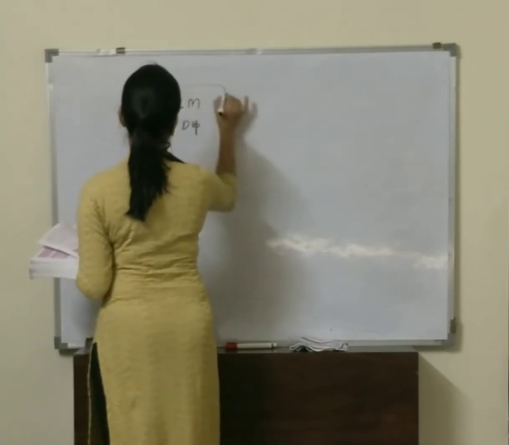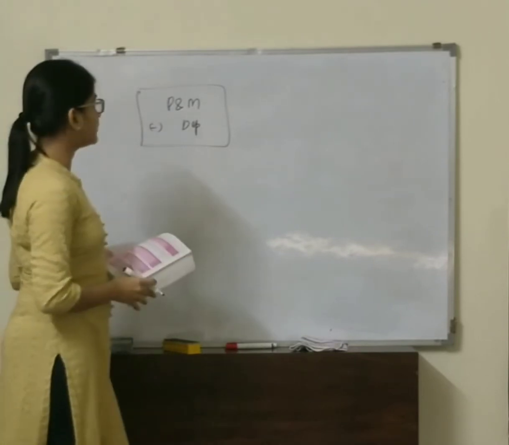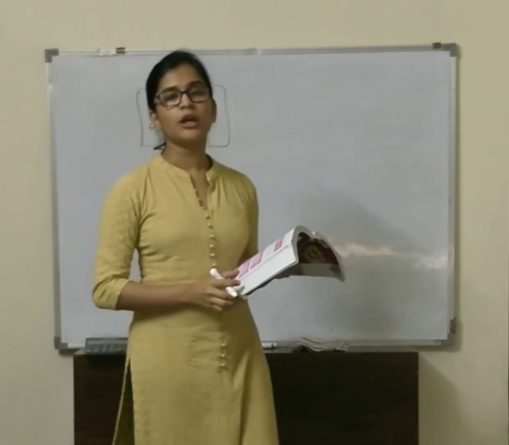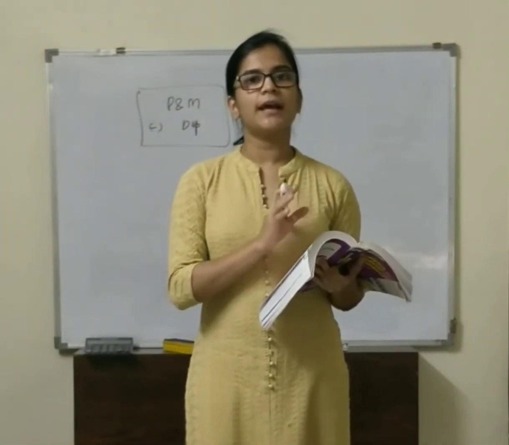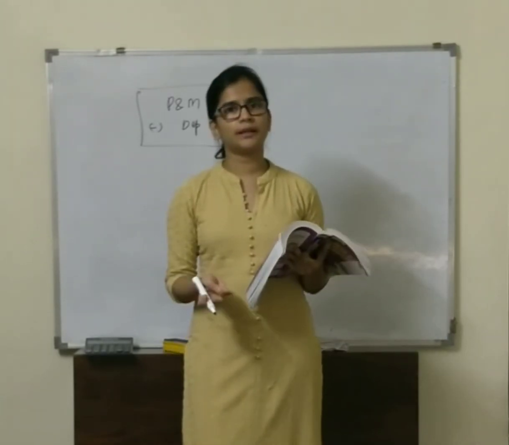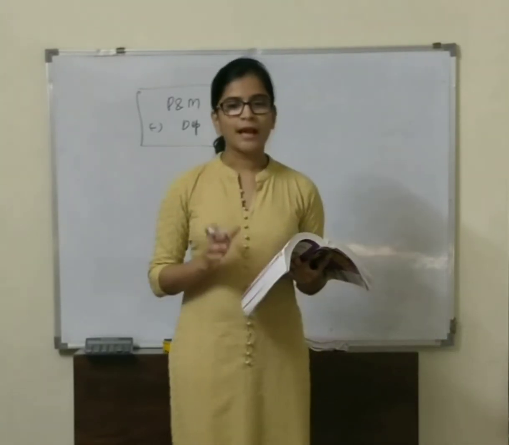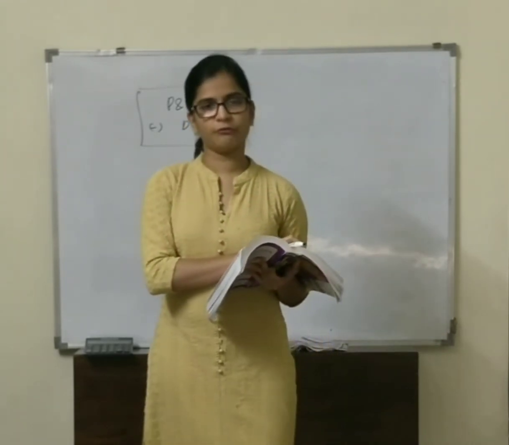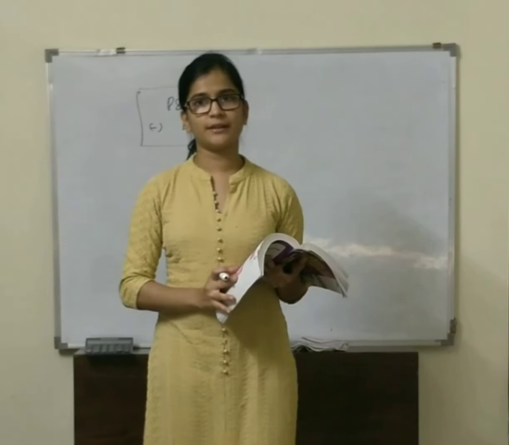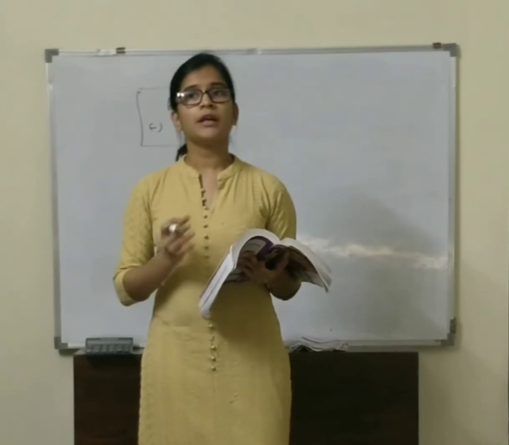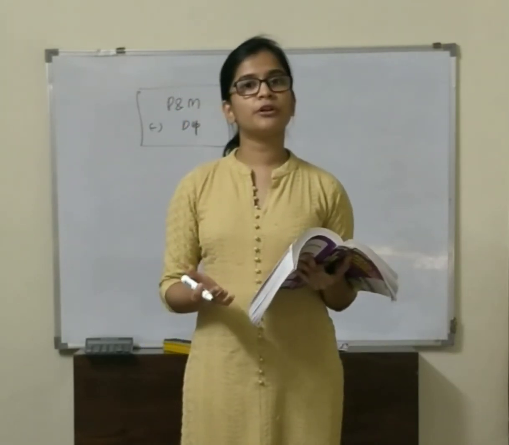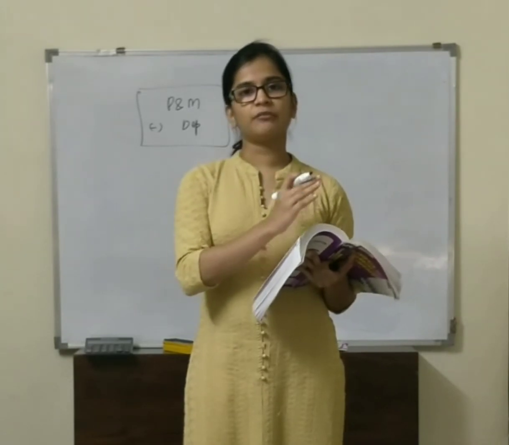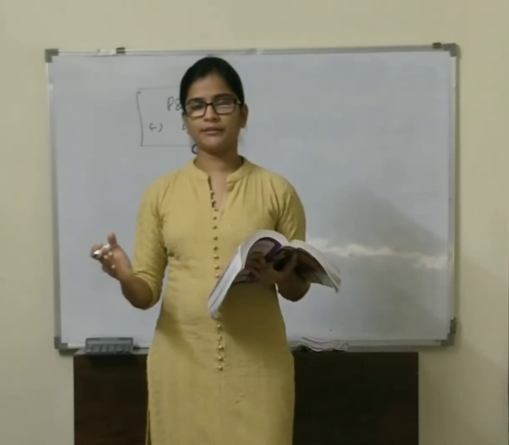If this has not been given in the problem and depreciation is given in the adjustment, we would be preparing a separate asset account, that may be furniture account, land account, plant or machinery account, and we will be writing in the fixed asset account the opening balance of your fixed asset, closing balance of fixed asset, depreciation if there is any. If there is a profit it will be on your debit side, if there is a loss it will be on your credit side.